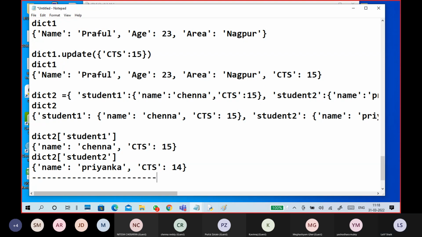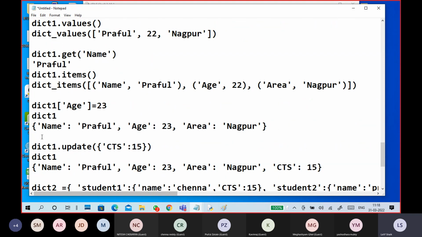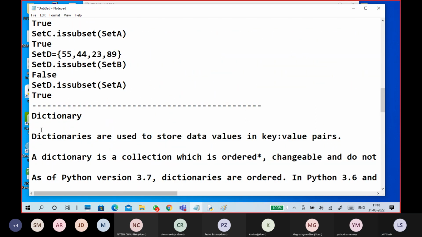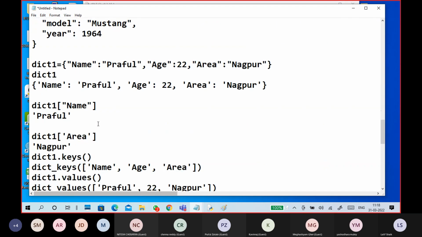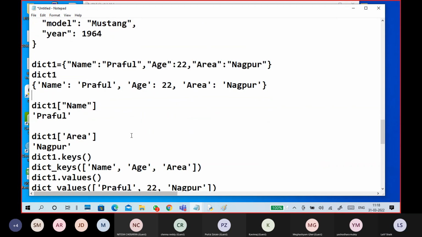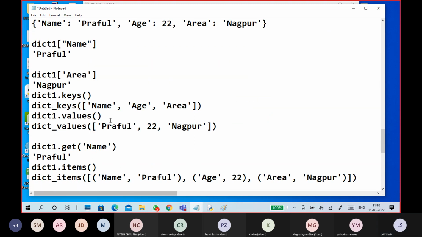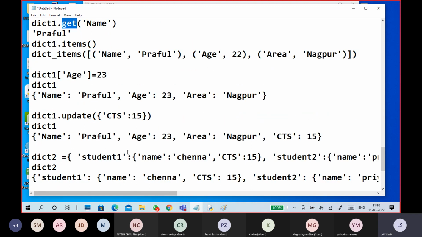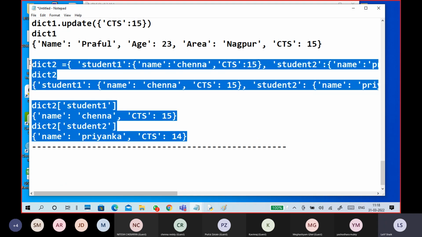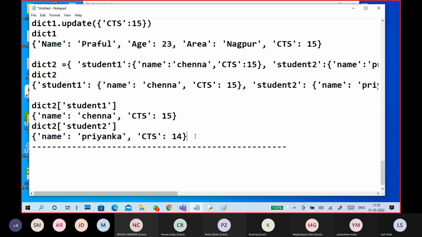Any doubt? Do you understand dictionary? How to create a dictionary first of all? How to create a dictionary? What is the key value? What is key? What is value? Okay. How to change a particular value? How to update? Kind of stuff. The last one, if you don't understand, still okay, it will take time. Again, by practice only you will understand this one.